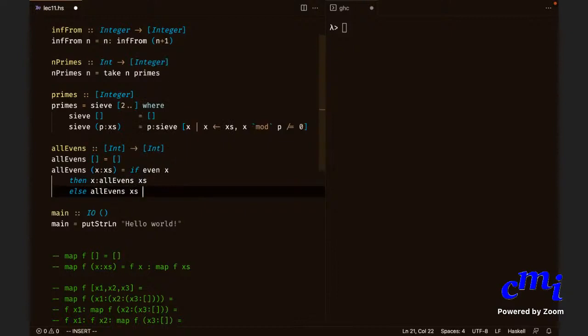Sir, how does this color get changed for if, then, and else? Like for the even, some characters are white, some characters are blue. So no, that is a property of the editor I'm using. Anything that is some keyword, it is putting in that color. But something that I am defining, it is putting in some other color. Yes, sir. Yeah, and this is some type declaration, so it's putting that in a different color.